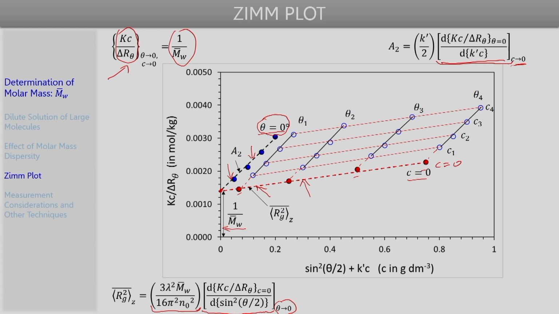So, we see that by constructing a 2D Zimm plot in a clever way, one can actually obtain 3 different quantities corresponding to the polymer solution, which are highly useful. So, we have obtained the weight average molar mass, and that is the one which we were discussing so far. So, how to obtain the weight average molar mass, but in addition to that, the second virial coefficient as well as the z average radius of gyration can be obtained. So, apart from the average molar mass, one can obtain a measure of the average size of the polymer molecules as well, which is quantified through the radius of gyration.